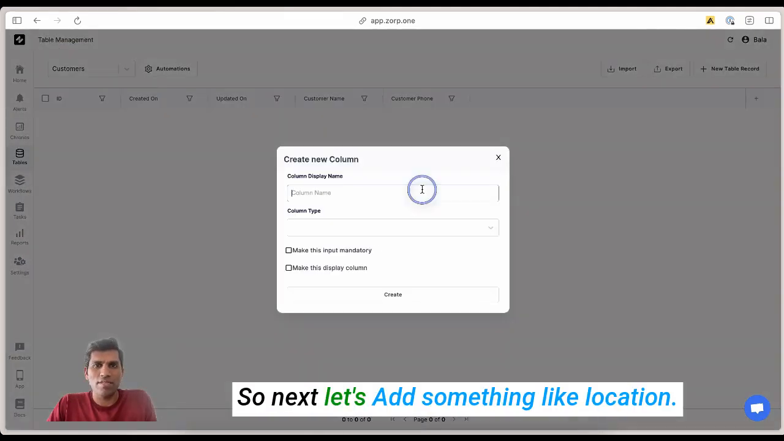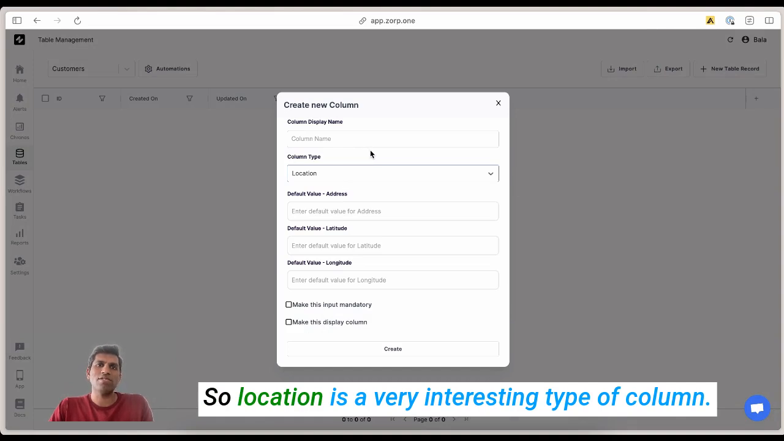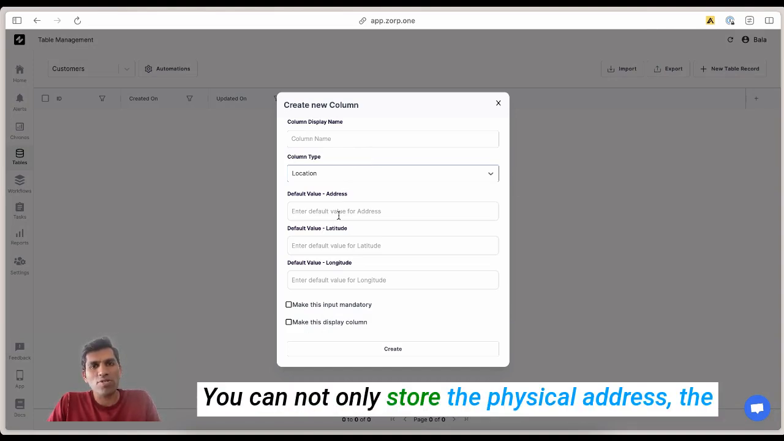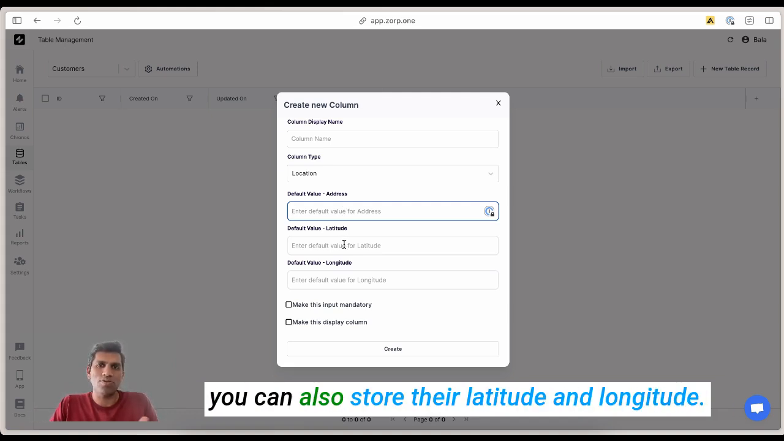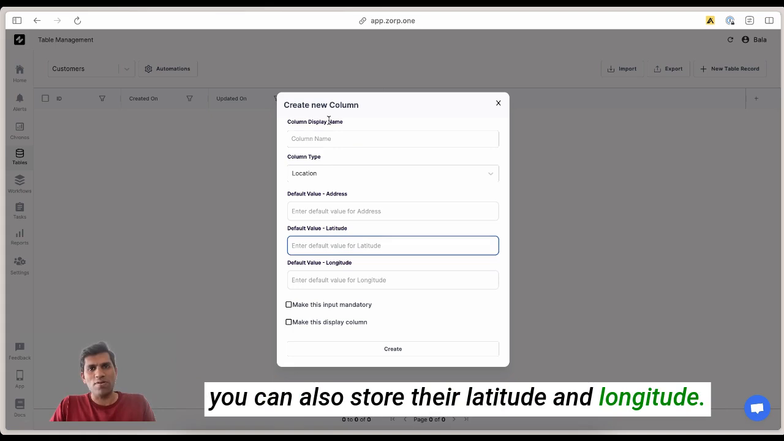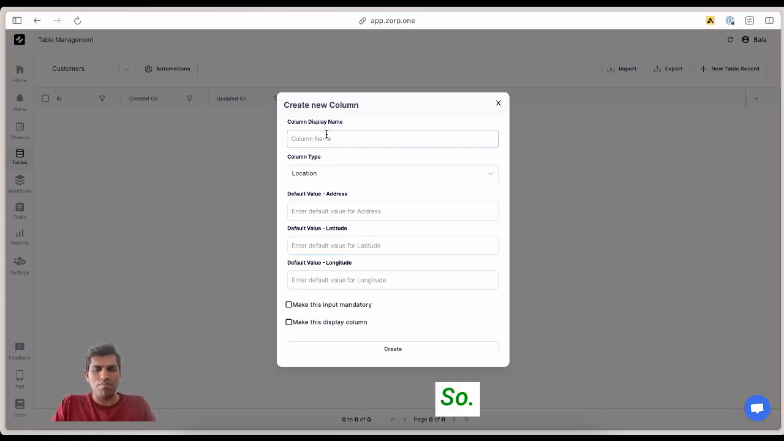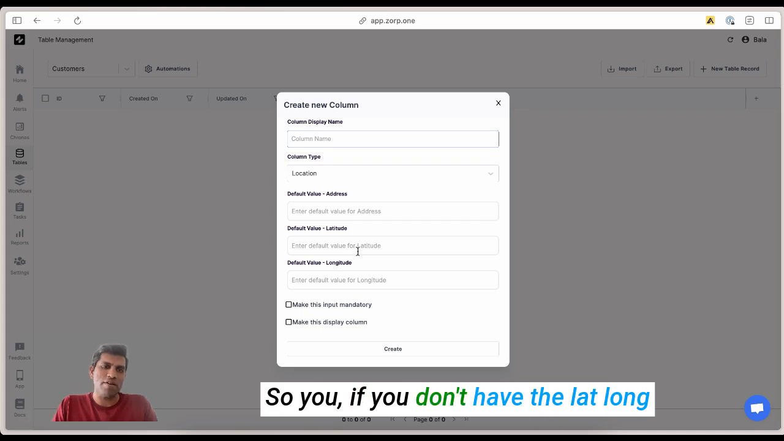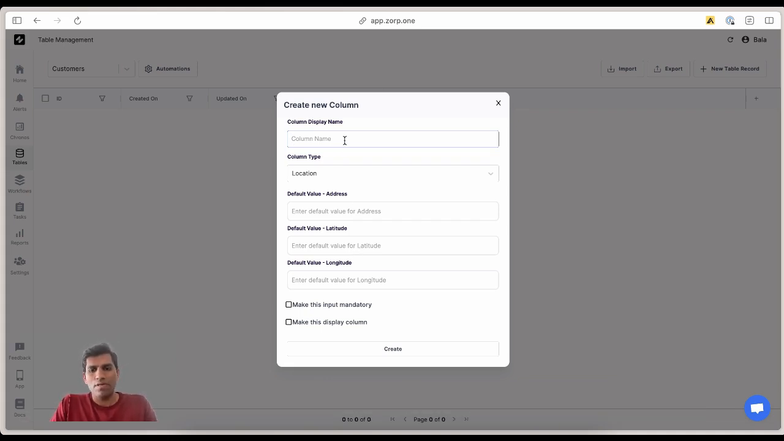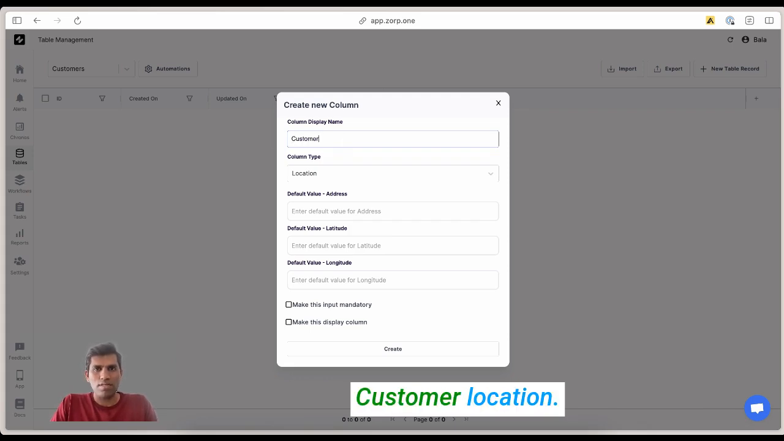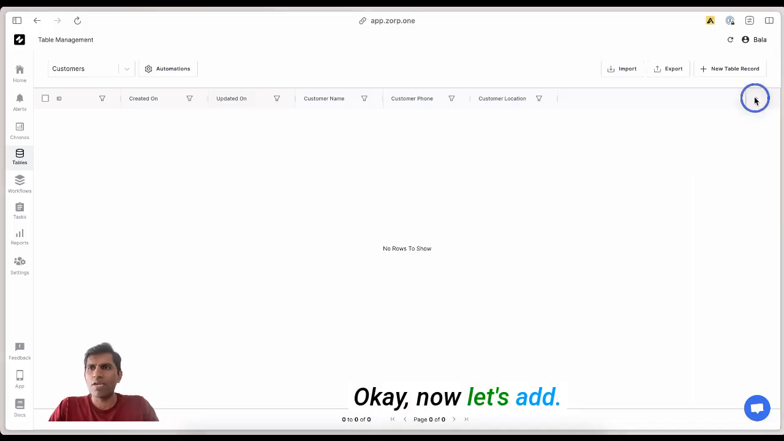Next, let's add something like a location. Location is a very interesting type where you can not only store the physical, textual address of a particular customer, but you can also store their latitude and longitude. These are optional, so if you don't have the latitude, you can ignore them. If you do have it, you can enter them there. So I'm going to say this is location. All right. Now let's add